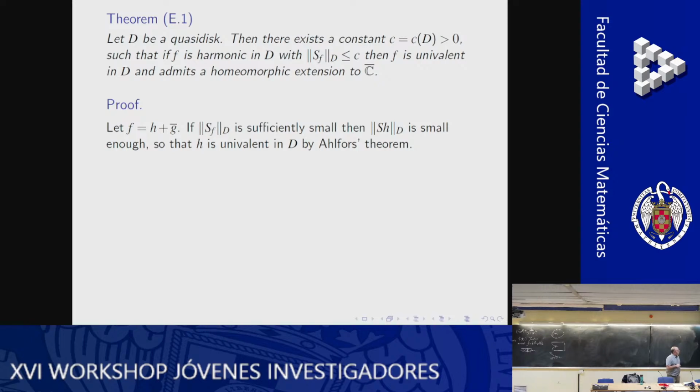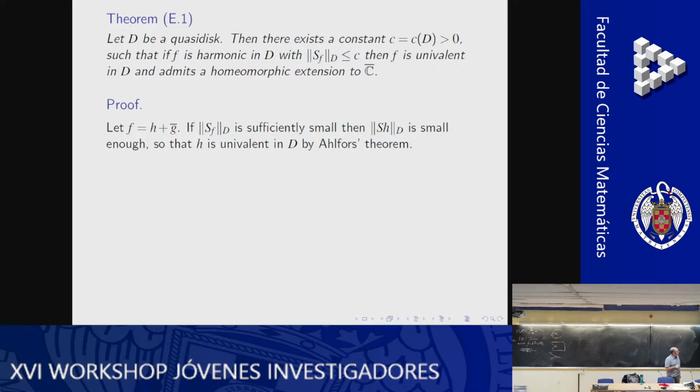How to prove this? Well, f can be written as h plus g bar, with h and g analytic. So this is a representation into a purely analytic part and a purely anti-analytic part. And we can do this, it's two lines, it's very simple, simply because the domain is simply connected. Now, the first step of the proof is to prove that if the Schwarzian of f is small, then the Schwarzian of its analytic part, h, is small. And this is the bulk of the article. I mean, there are several pages of technical details in just this line.